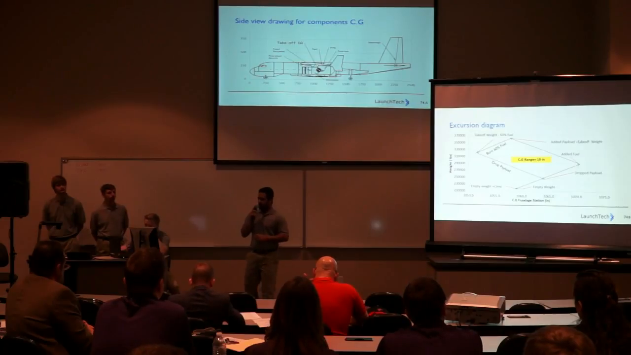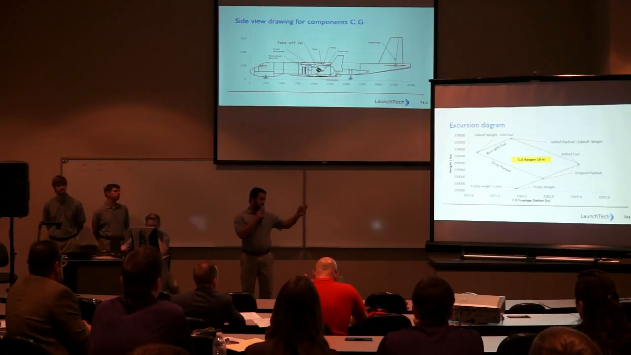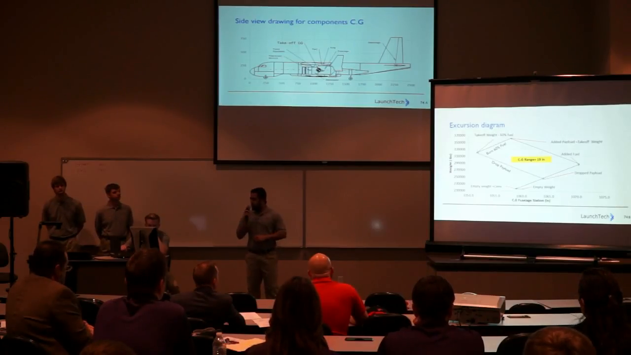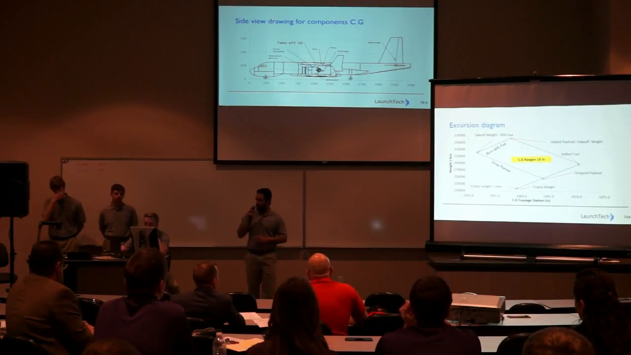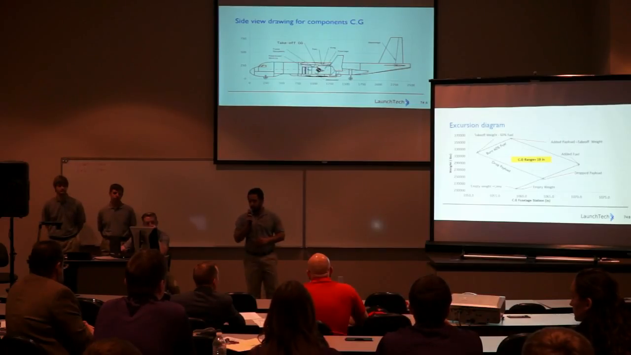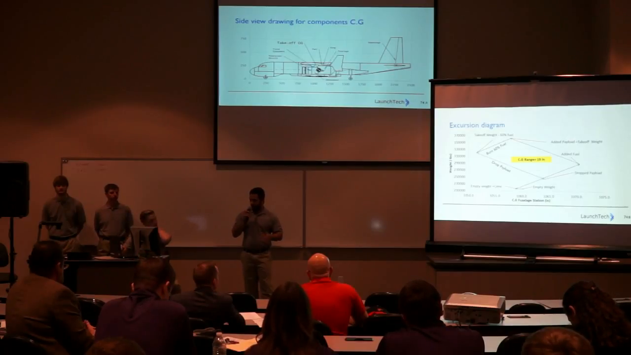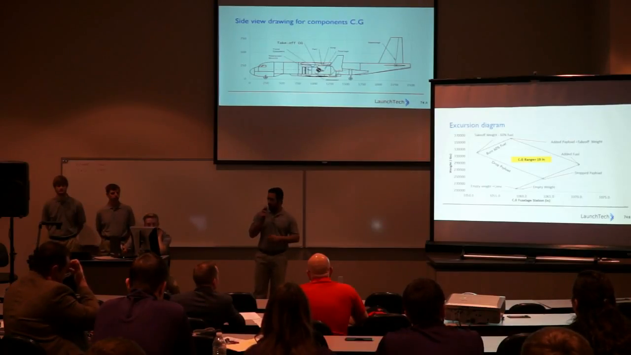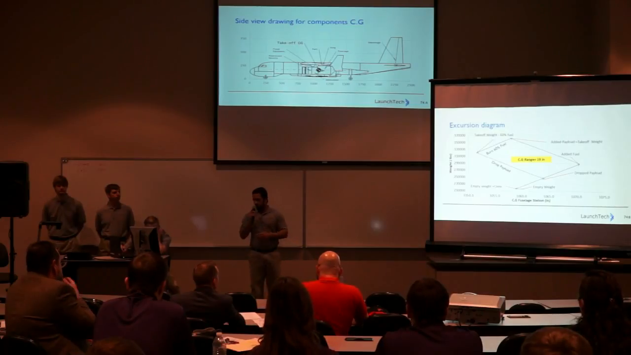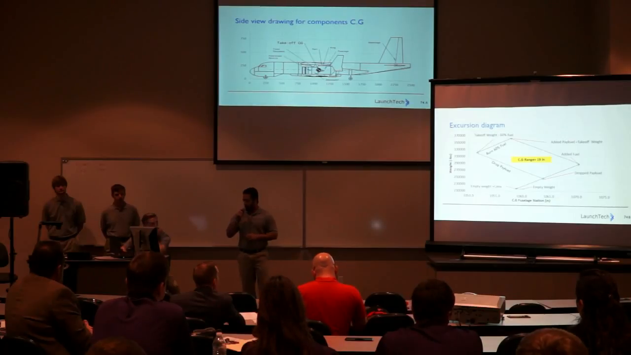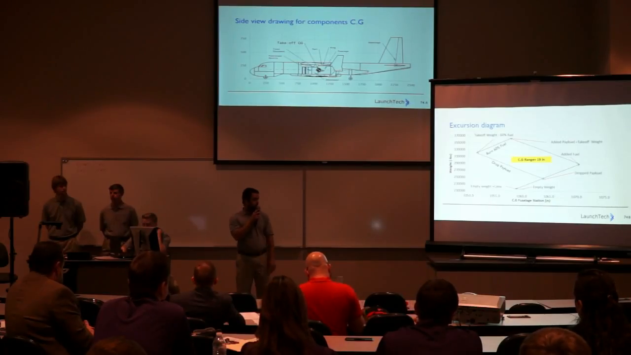The main screen shows a side view drawing. The horizontal axis represents the fuselage station. The vertical axis represents the waterline station. The diagram includes the component CG locations, including the takeoff CG. And the takeoff CG is located right after, or in front of, the wing CG and closer to the rear wing landing gear. For the excursion diagram, it shows the relation between the CG and the weight,